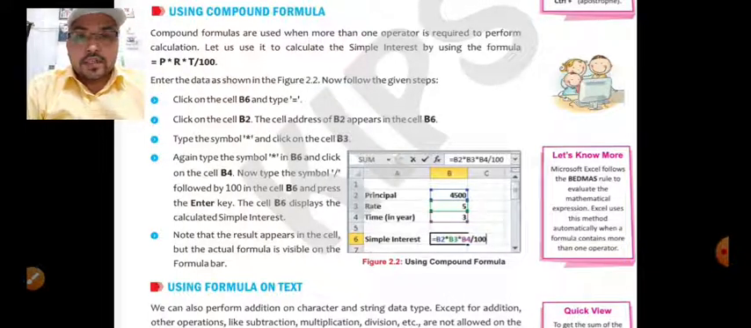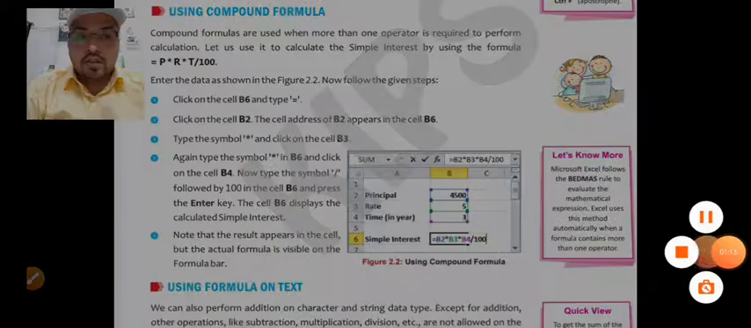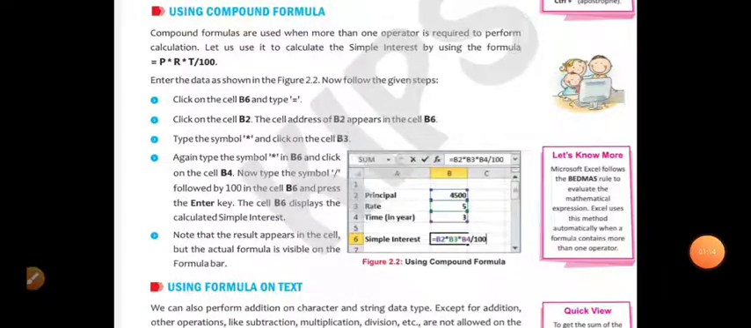We completed the introduction, the formulas in Excel, and then creating a basic formula. So today we will start with using compound formula. Let us start today's class with this topic. Using compound formula: there you have used only a single operator, that means only the plus operator. Here we will use more than one operator in